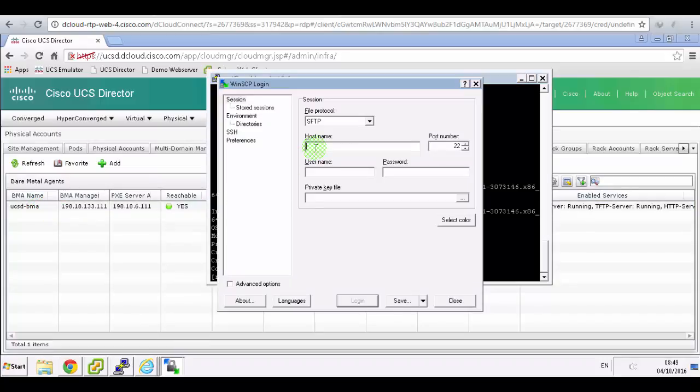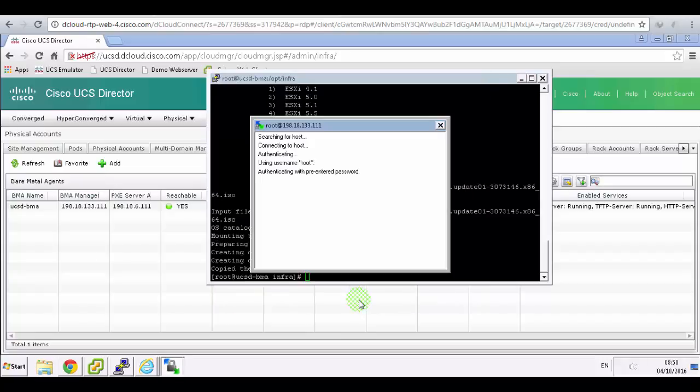and the host name was, if I'm not wrong, 18.133.111 through Cisco 12345. If you log in,